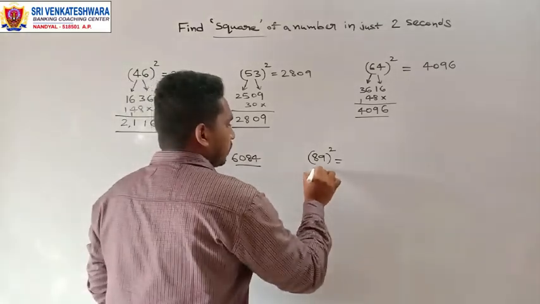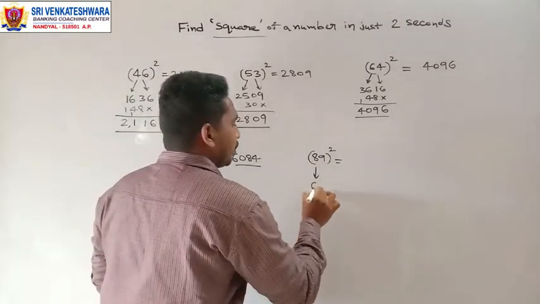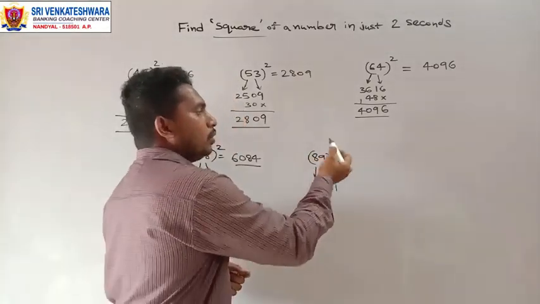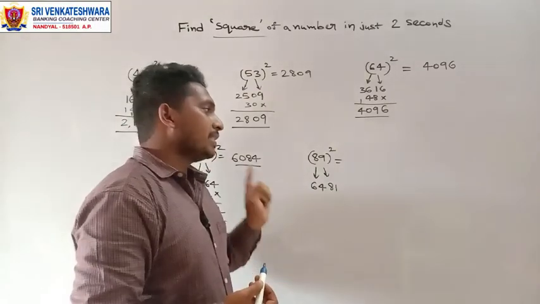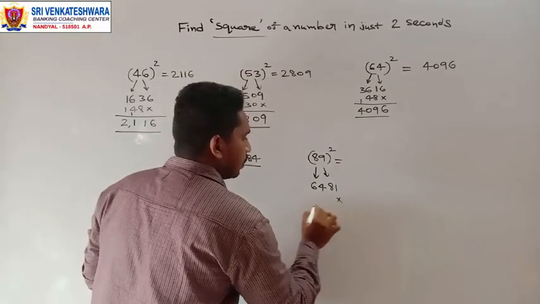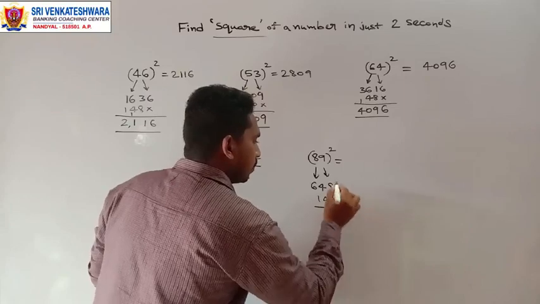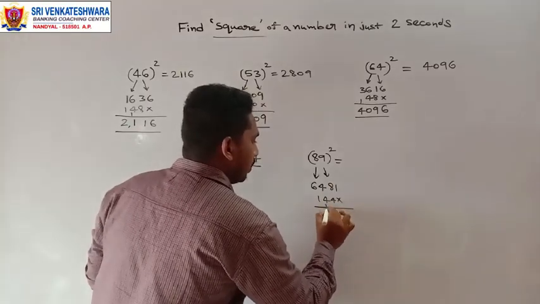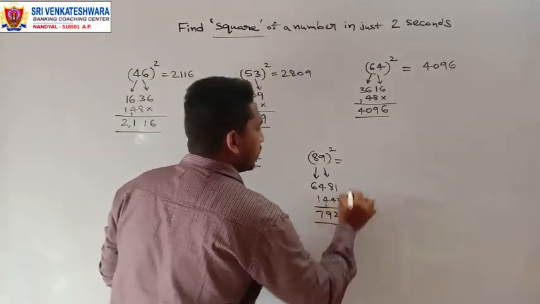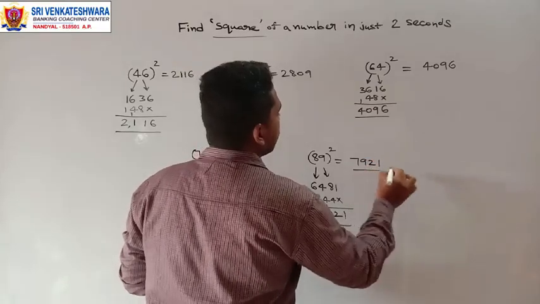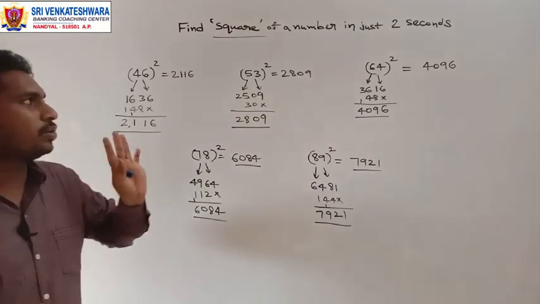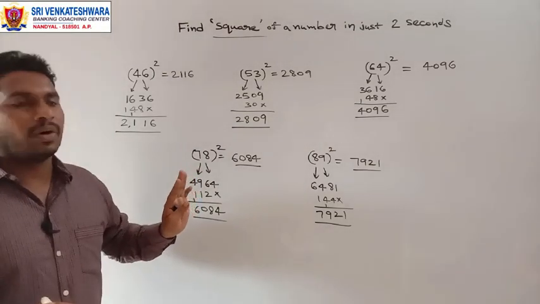Now for this, 8 square 64, 9 square 81. 8 into 9 into 2. 8 nines are 72, 72 into 2. That will be 144, right? 144. Now you have to add it. 8 4 12, 1 carries. 4 4 8 9, this is 7, 7 9 2 1, 7,921. So this is how very simply just in 2 seconds you can calculate any square, ranging between